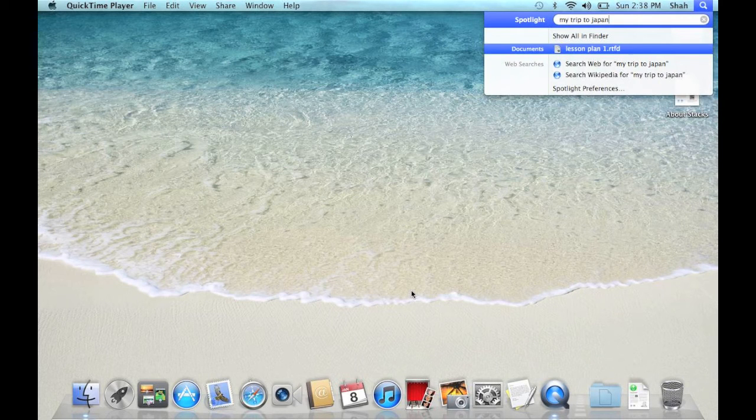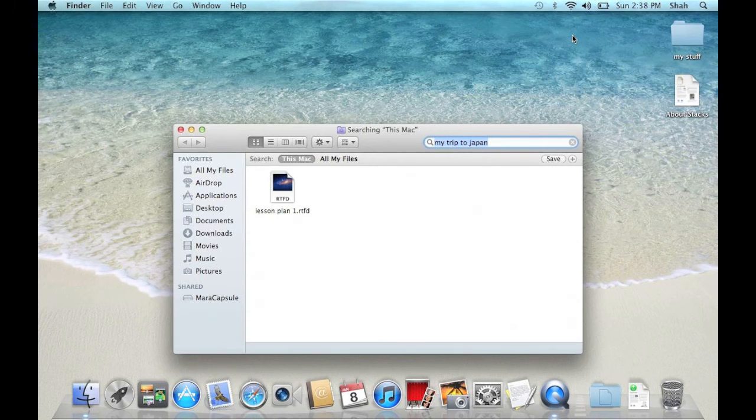Click Show All in Finder. Click the file to show its path. Close the search window when done.